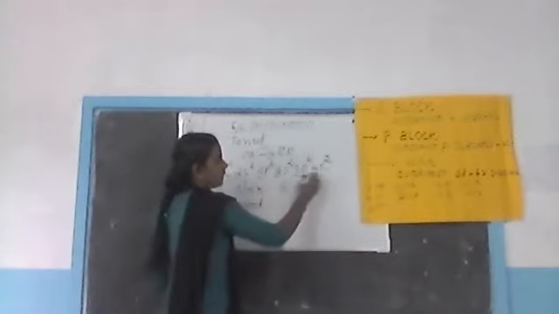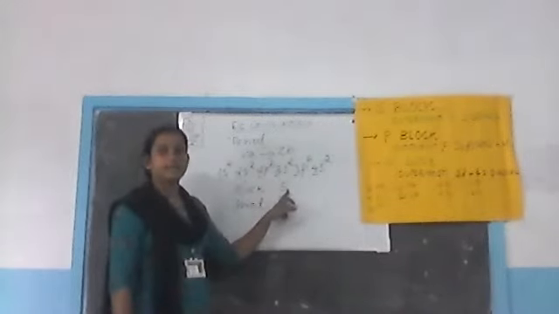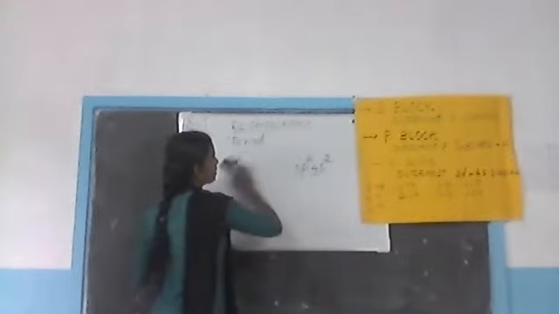And how can you find out the period number? The biggest shell number. Which is the biggest shell number here? 1, 2, 2, 3, 3, 4. Which is the biggest shell number? 4. Okay. So their period is 4. So calcium belongs to the S block and its period number is 4. Okay. Like this. One more example.